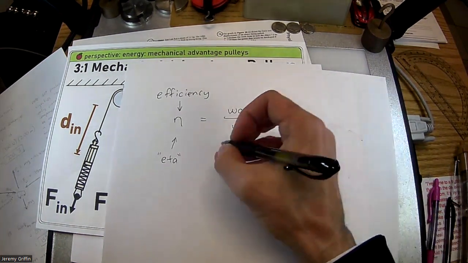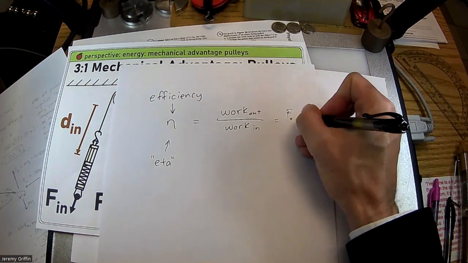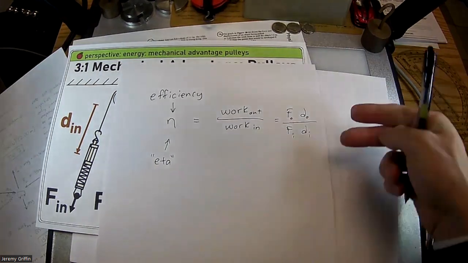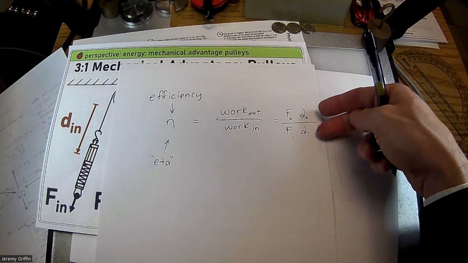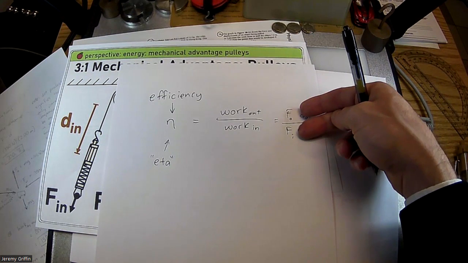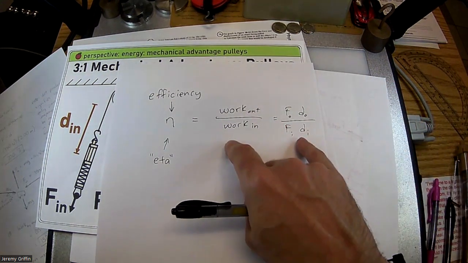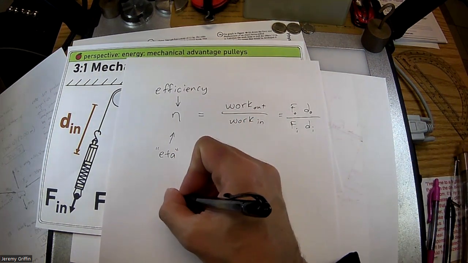Okay, so that would be the same thing as force out times distance out over force in times distance in. Now the distances should work out ideally to whatever ratio, like 2 to 1, 3 to 1, 4 to 1. But those forces, you might actually have to apply a little bit more input force than you would ideally have imagined. So that could be efficiency. Another way you can get efficiency